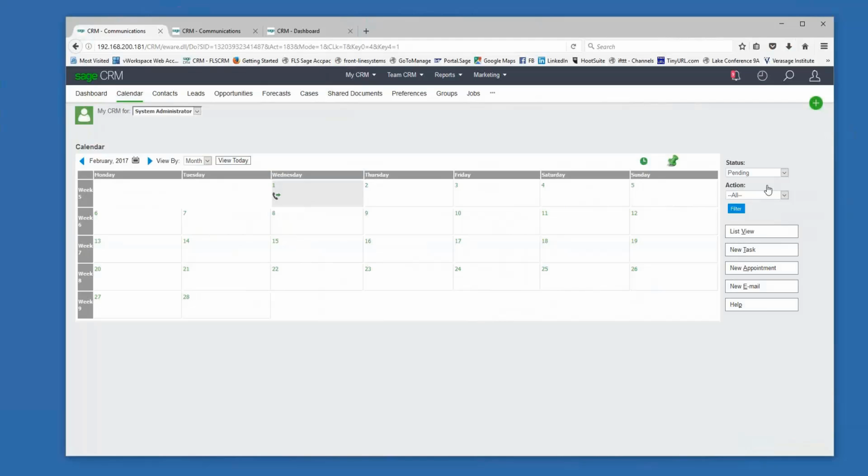What does that do? Exchange propagates it down to my Outlook on my desktop, but it will also propagate it into CRM. So now I've created this cohesive ability. When I'm in the office or when I'm on my iPad remotely, I can work in CRM, I can set appointments, I can set schedules, but when it's not available, virtually all of us are carrying a phone of some type hooked to our email, hooked to our Exchange environments, our Gmail environments, and we can now put that doctor's